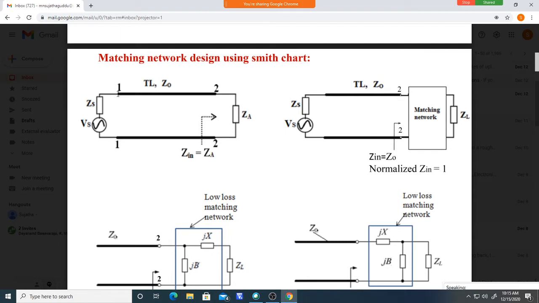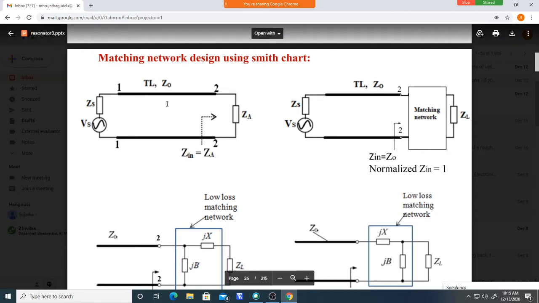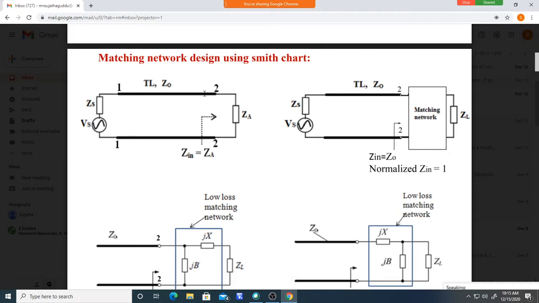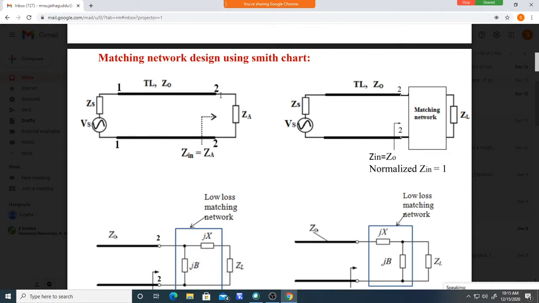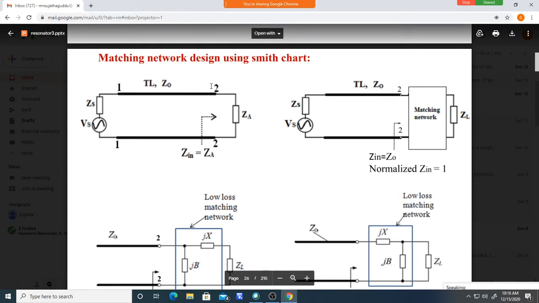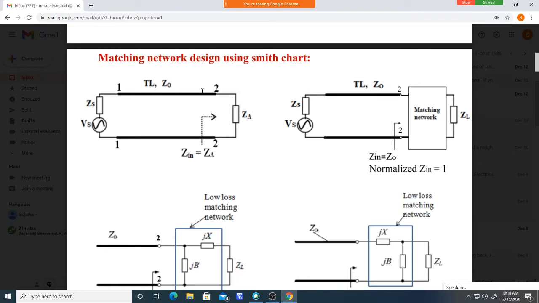See, as the signal enters here, while it travels over this transmission line, it experiences a loss and also a phase shift because of the length of the line. Automatically, the amplitude also changes while the signal is traveling. So the signal observed here is not the same as the signal observed here, after traveling this much distance. And every transmission line has a characteristic impedance Z0. See, this is Z0.